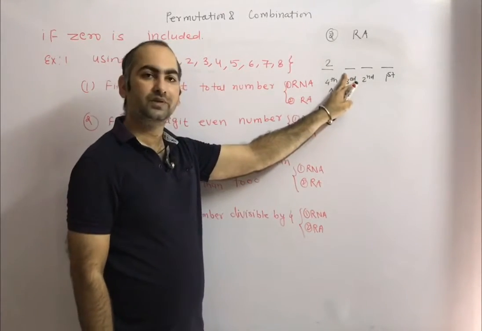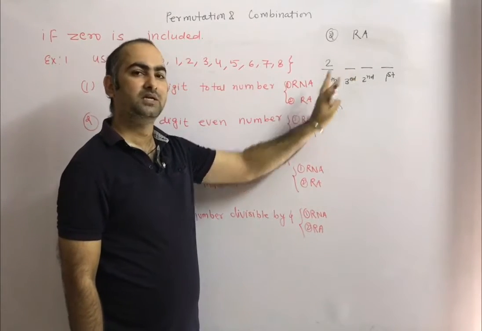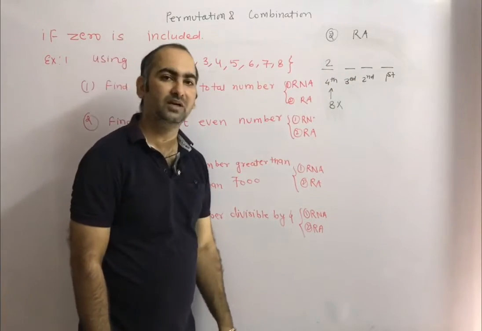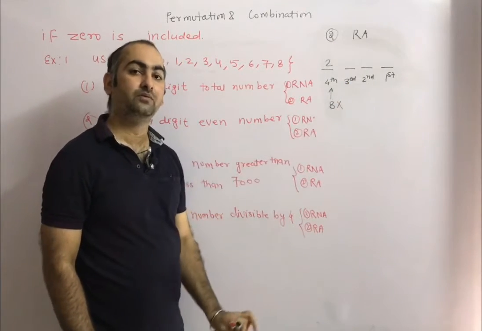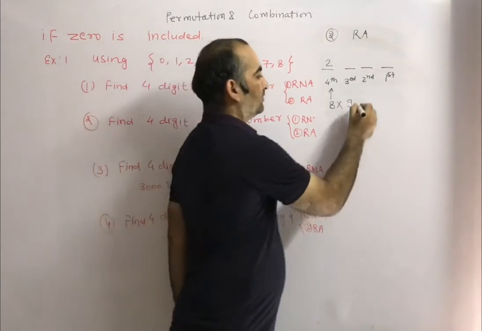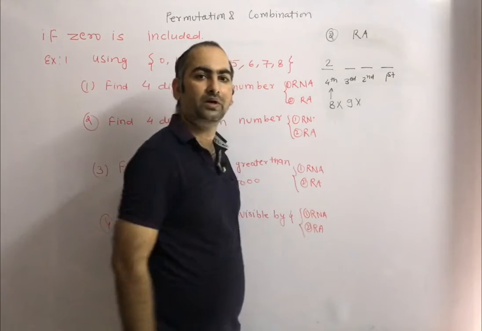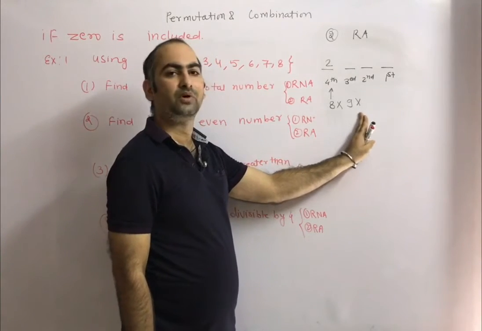Yes, 1 also we can put, 2 also, 3 also, 4 also, 5 also, 6 also, 7 also, and 8 also we can put here. That means for filling the third place how many choices do we have? 9 choices. So 9 will come. Now again we have to use product because we have to fill the second and first also. So your task is filling the second and first also. That's why we are using the product sign, correct?